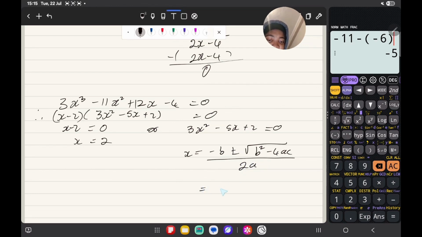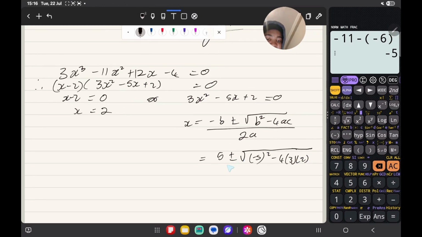And then that's minus, so you have 5 plus or minus square root of, it's 5 because we have minus here, so minus and minus is positive, so minus 5 squared minus 4 into 3 into 2, it's 3 and 2, right? And then 2 into 3,